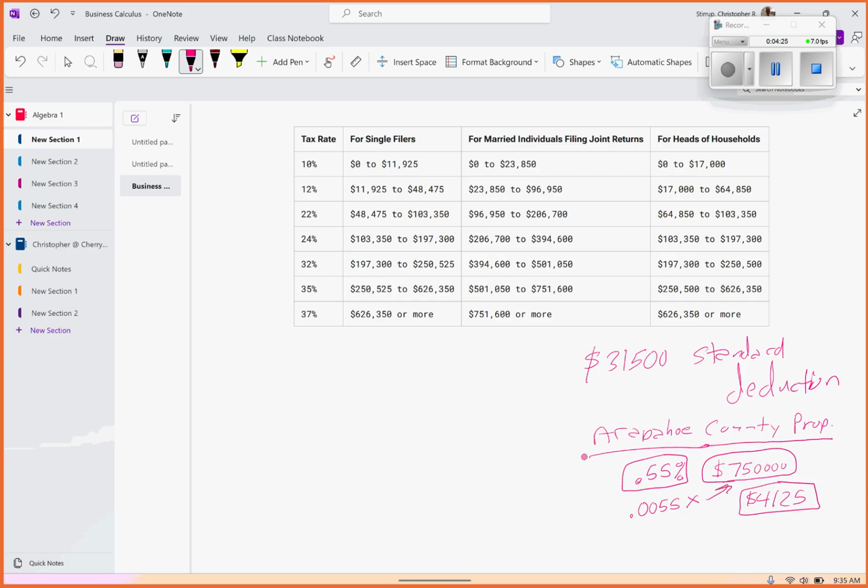Now, there might be some other things. There might be also a city tax. So if you live in Aurora or Greenwood Village or Cherry Hills or wherever you might live, there's also a city tax. But I mean, we can really go down. The nice thing is, when you go do your taxes, you are going to be sent a form by the city and the county both, and it's going to say how much you had paid in taxes for your property. Does this make sense?